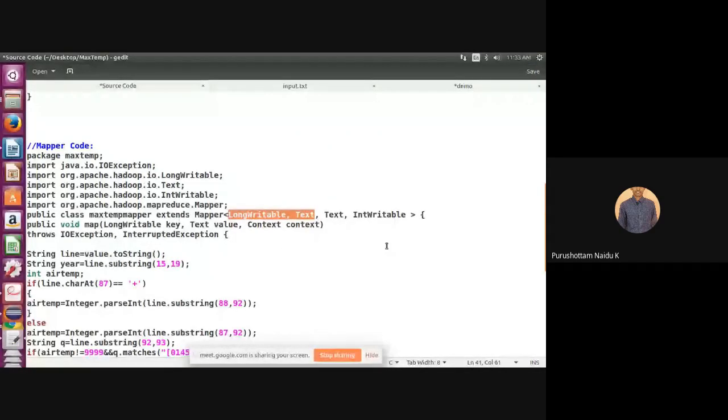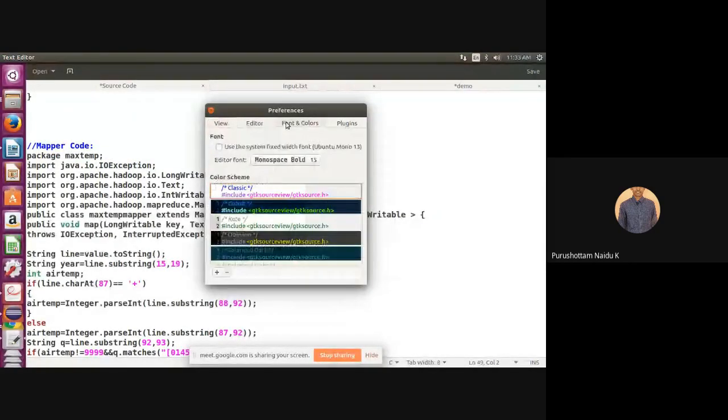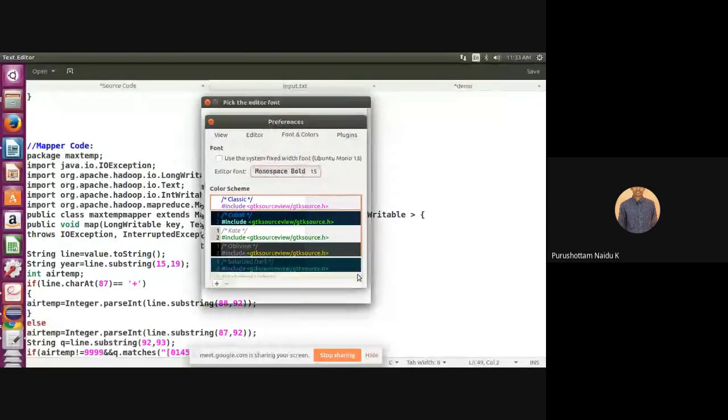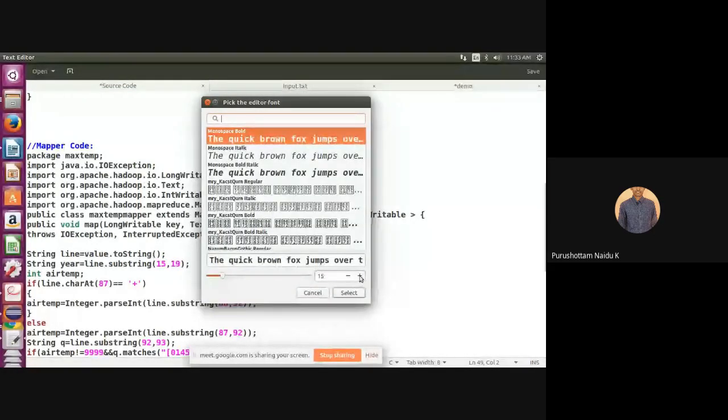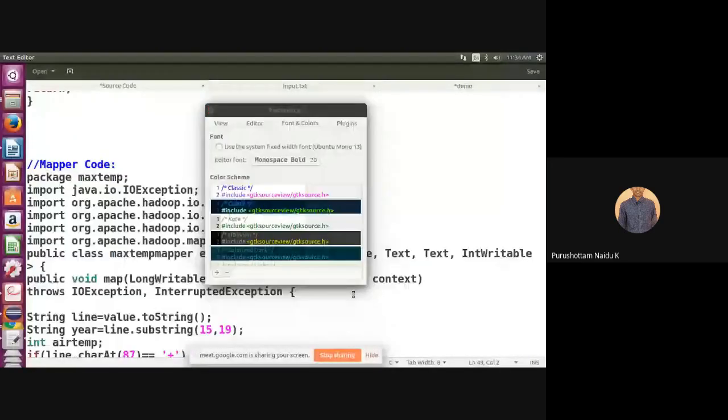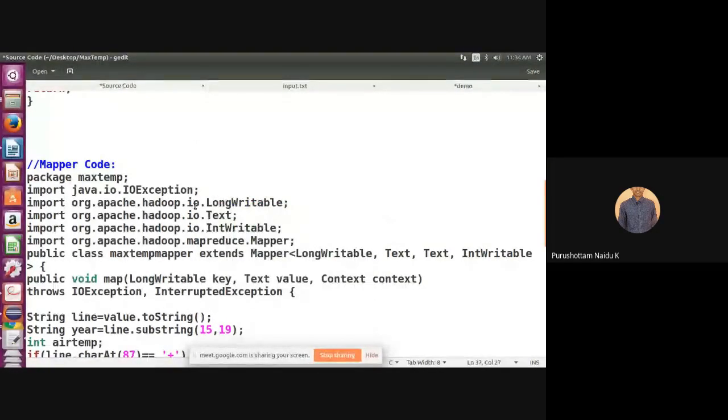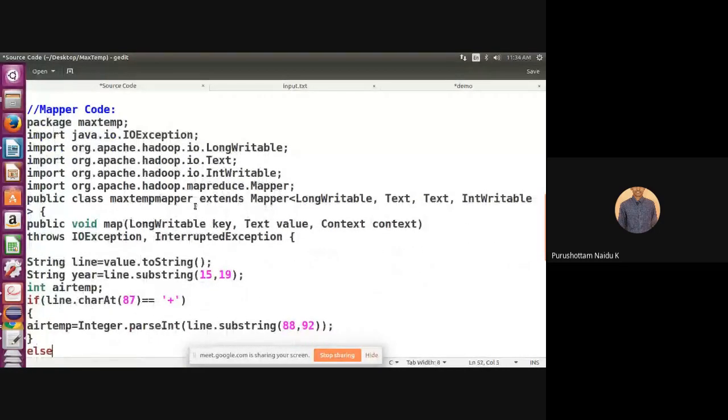Now come back to the map function. This is the public void map.